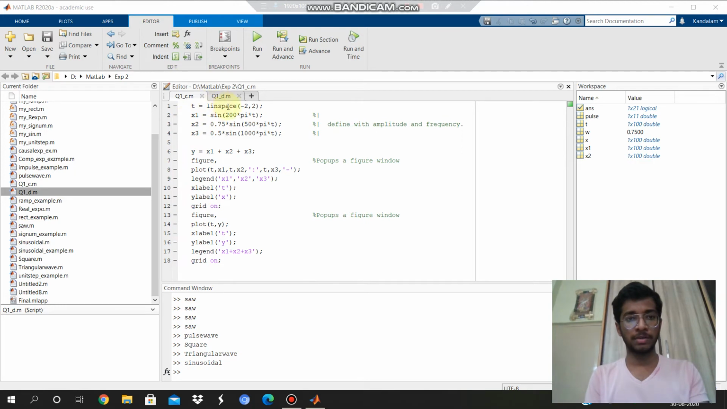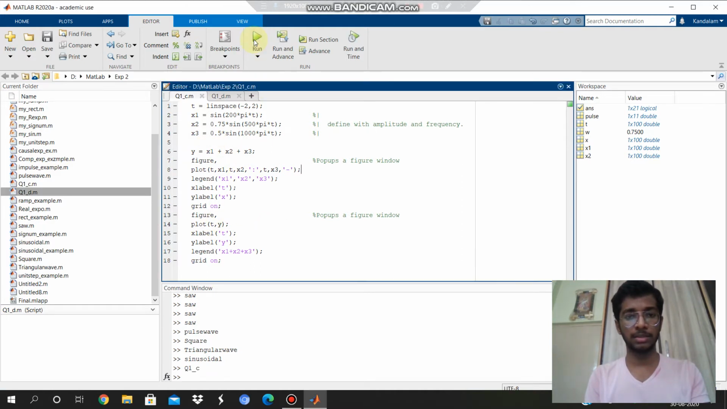Coming to question number 1C and 1D. In question C, we are given three sinusoidal waveforms whose amplitudes and frequencies are given, and we need to plot the wave which is the summation of all those three. Let y equal x1 plus x2 plus x3, and this is the command window. And when we plot that,